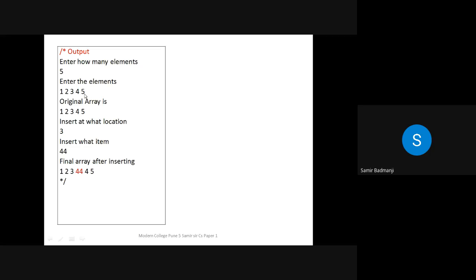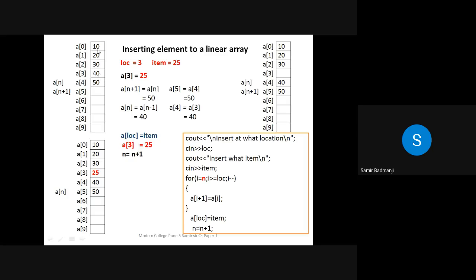So what do we have to do? 5 we have to shift once, 4 we have to shift once, and then insert that element over here. So see, 44 will be inserted, and this 4 and 5 have already been shifted. A space was created, so we have just inserted this 44. So all of you understood? See, 5 elements were there. We want to insert at this location. So move 50 below, move 40 below, space is created, insert that element, increment n by 1. So all of you understood inserting an element into an array?